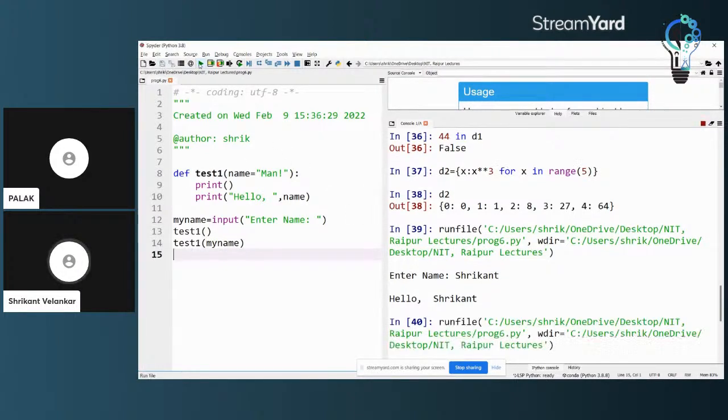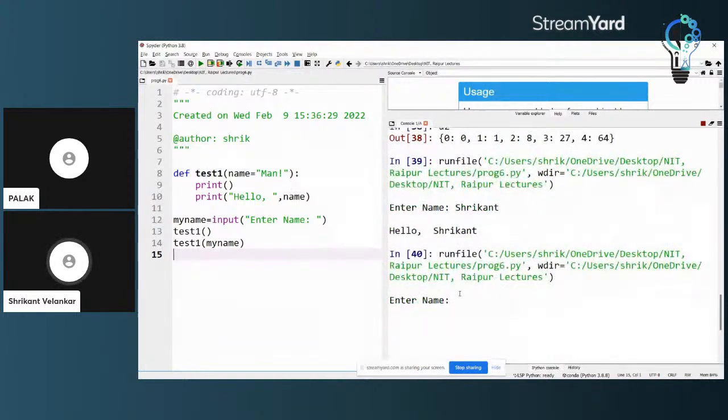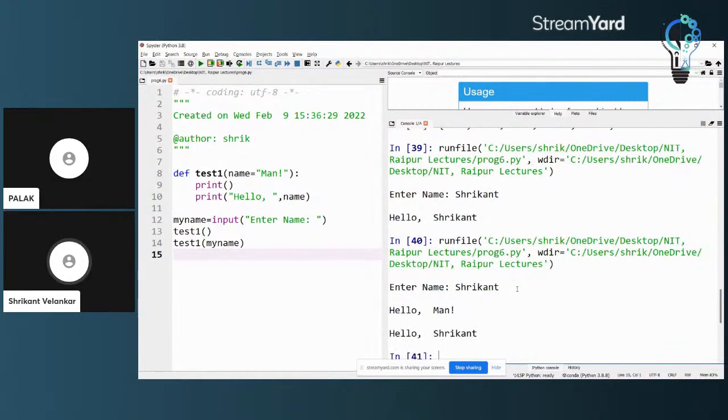If I run this, you will see that it is asking me the name. So I again enter Shrikant. You will see that in the upper test1, I have not passed a parameter, so it says hello man, taking a default value for the name parameter.